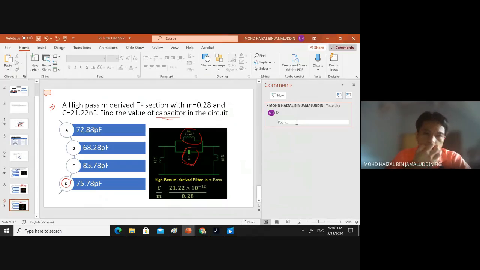So this is the second method of the image parameter method, which is where we are using the m-derived filter. And finally,